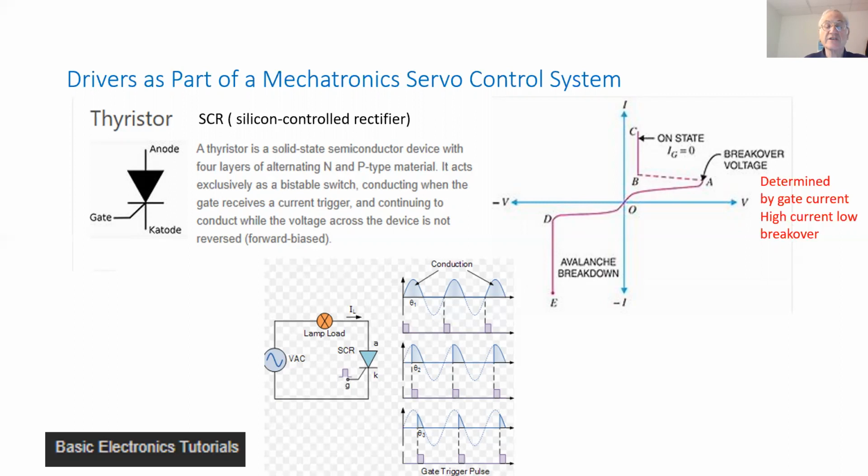We see over here an AC source, a load, and the SCR being pulsed at the gate. And depending on where we pulse it, there is a very, very high resistance on a negative bias, so no current can come through over here. This is why the negative is being truncated. But then on top of it, when we apply current to the gate, then we reduce the breakover voltage, and then we allow current to go through.